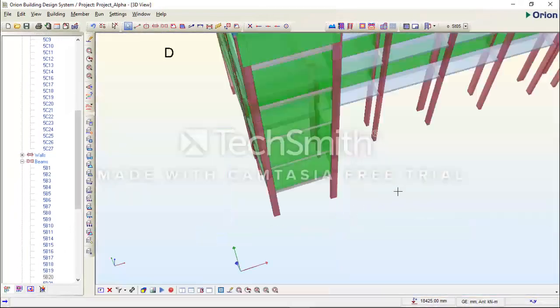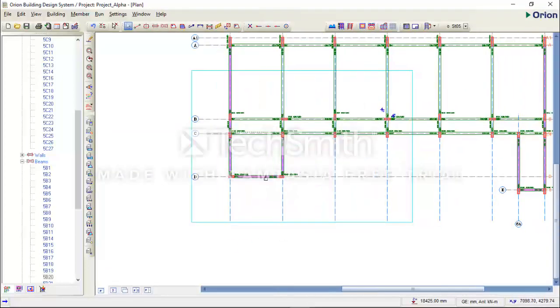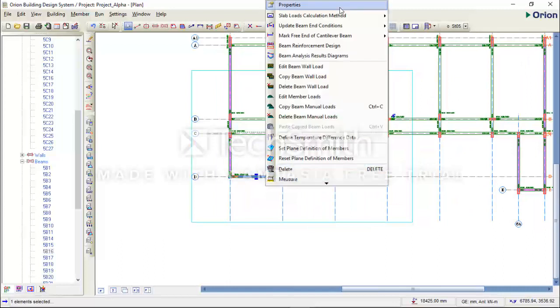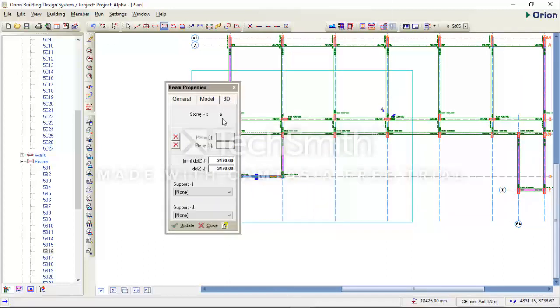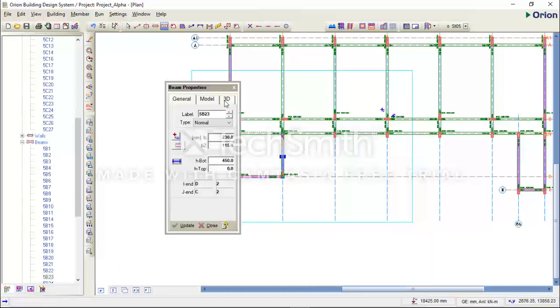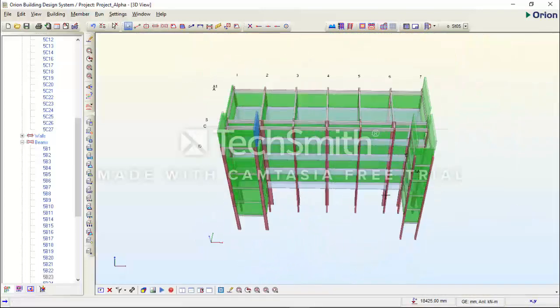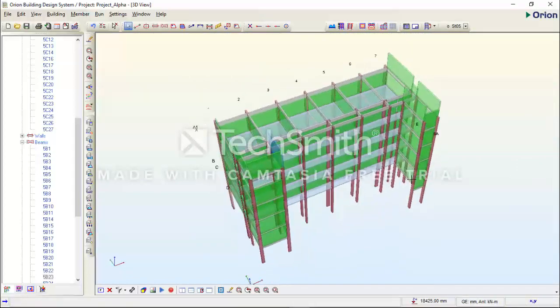If I show you now, you'll see the beam is now on the roof level. I'll do the same thing for the others. I will right click, property, 3D tab. I'll change this to 0. Change this to 0 and update. Do the same thing for this staircase beam here. 3D tab, 0, 0. I will update. So if I check the design again, all the beams around the staircase have been moved